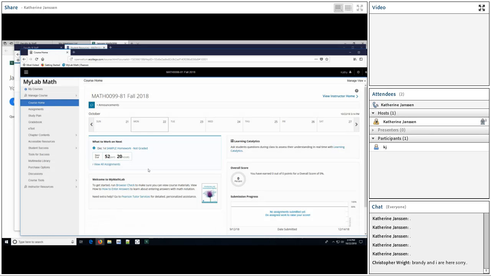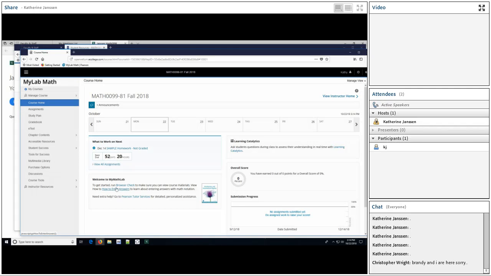And in the middle section area, you're going to see the browser check. You'll want to click on that with your device and make sure that your device is browser friendly with MyMathLab. There may be a helper app that you need to download, and this browser check will check that off and let you know what you need to download.